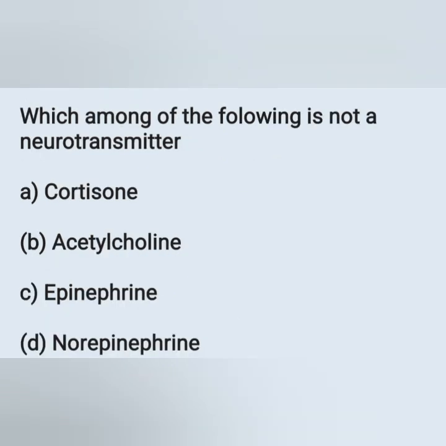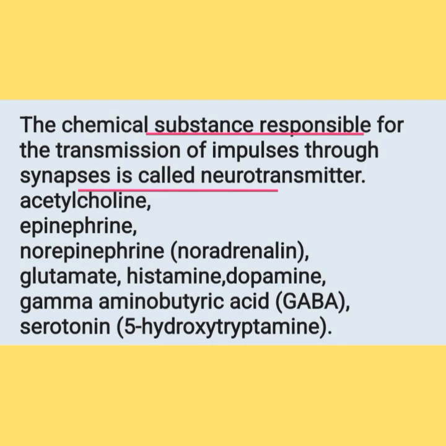And the next question, which among the following is not a neurotransmitter? Option A cortisone, option B acetylcholine, option C epinephrine, option D norepinephrine. Our question is, which one is not a neurotransmitter? So what is a neurotransmitter? The chemical substance that is responsible for the transmission of impulses through the synapse is called